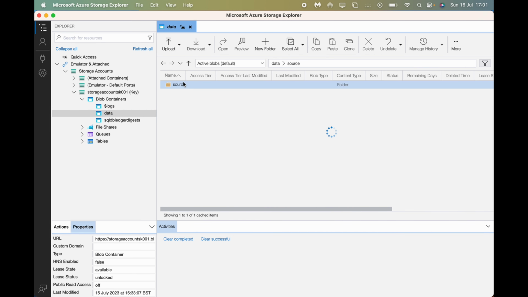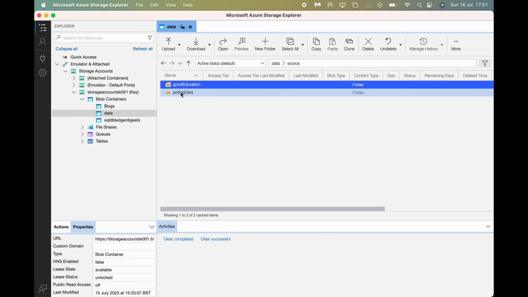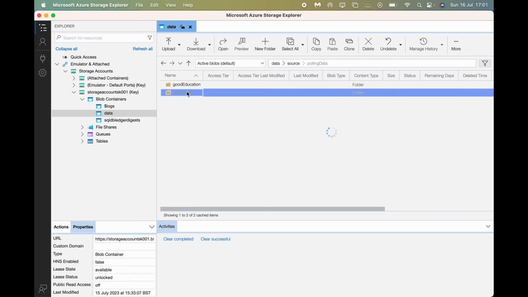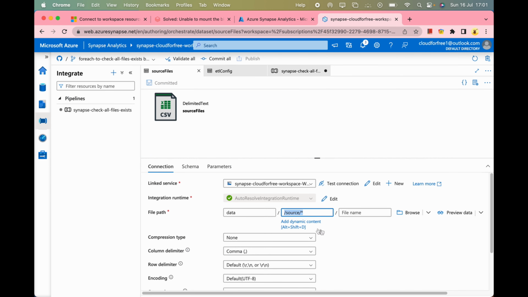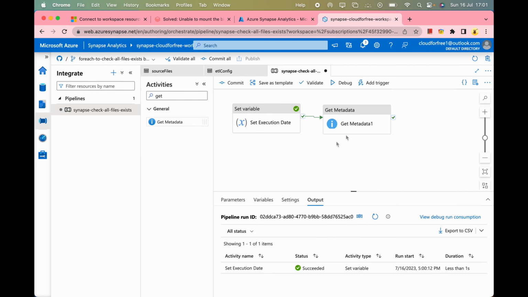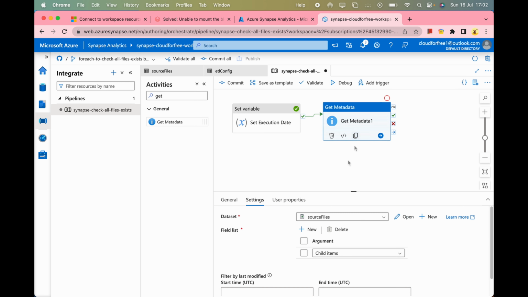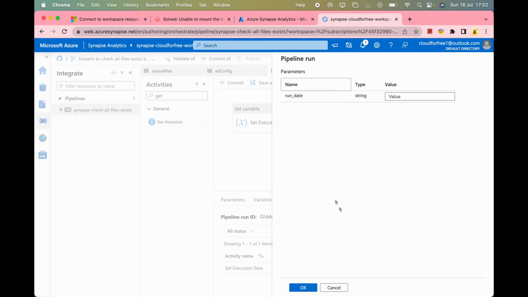So all the files in the child roots will be listed if I use source star. That's the reason I have used source star as my source. So in this Get Metadata, it will find all the child items. Now if I run it quickly,